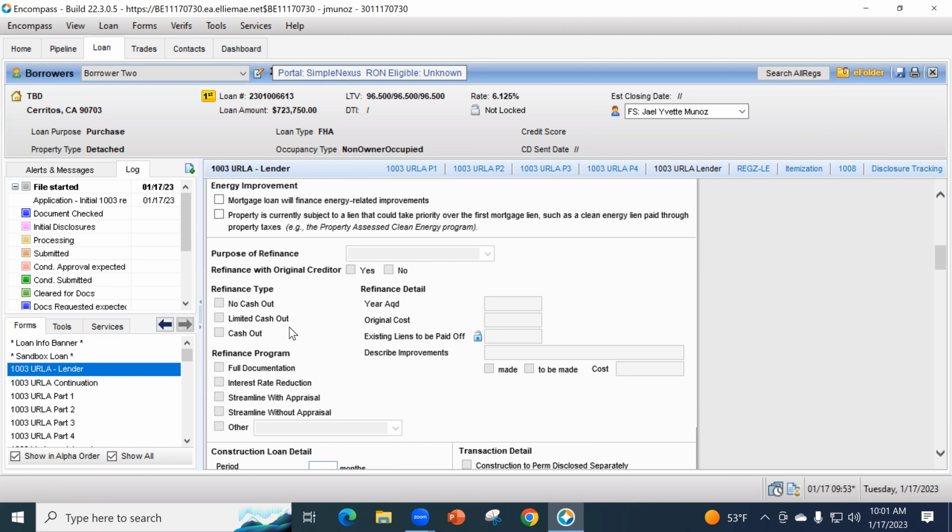So that's your drop down here. Normally we do cash out other or rate and term on this drop down. You're not refinancing it with the original creditor because they're refinancing with us. So we're going to put no here. Your refinance type, if you're doing a rate and term, it's going to be limited cash out. Why? The system, when you run DU or LP, sometimes will give you an error if you put no cash out, and it tells you,